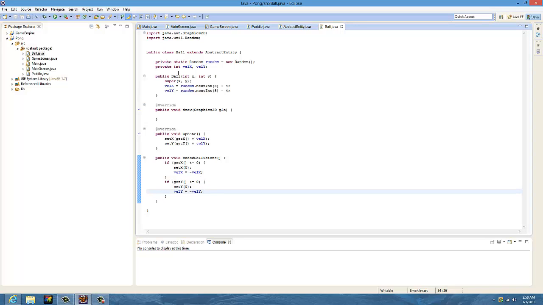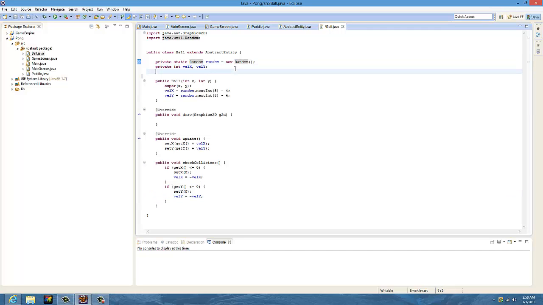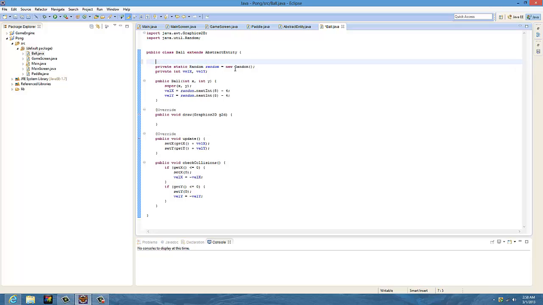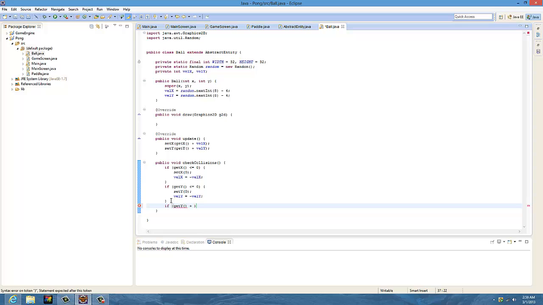Now we need to set some width and height variables. So let me go above them. We're going to do private, private static final int width equals 32. We'll make it height equals 32. And now coming back down here, we're going to do if get y plus height is greater than or equal to, we'll try like